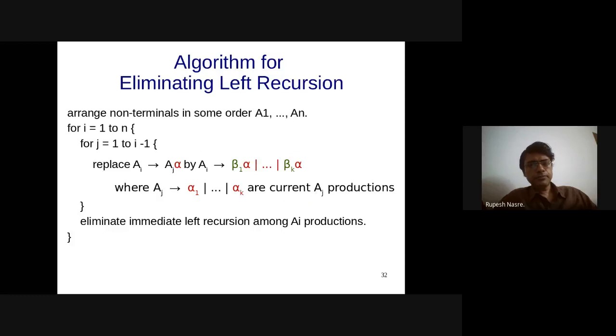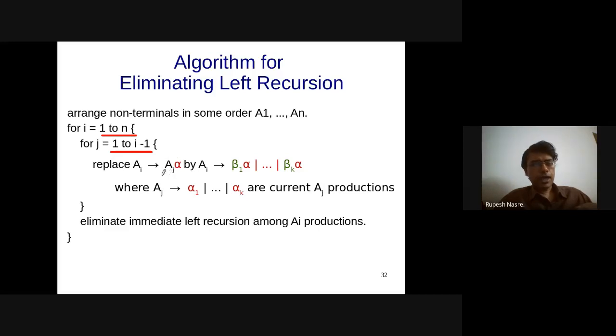Okay. So we know the algorithm now that you are able to derive it, but I'll just mention that algorithm and we'll work it out on an example. What we need to do is arrange the non-terminals in some order, A1 to AN, let's say. And then for each of the non-terminals A1 to AN, I am going to use the previous AJs, that is the J part, and replace in AI.